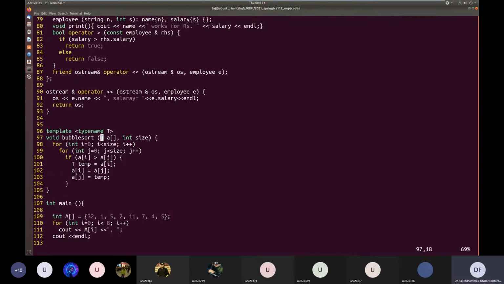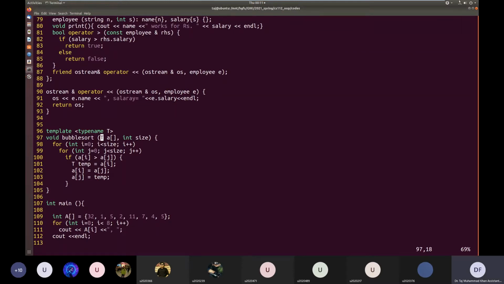But since sorting can be done on anything, characters, employees, etc., we would like a generic function which can be used to sort arrays of any type. So we made a template out of this function, and this way we can use this function for any type, not only for integers but also for characters, employees, etc., and it will sort the array accordingly.